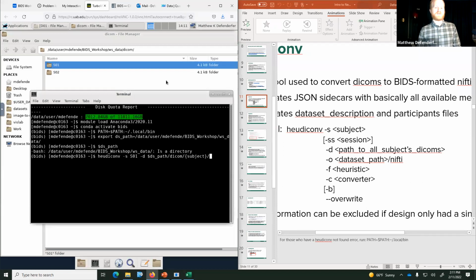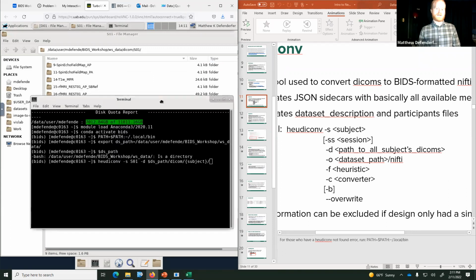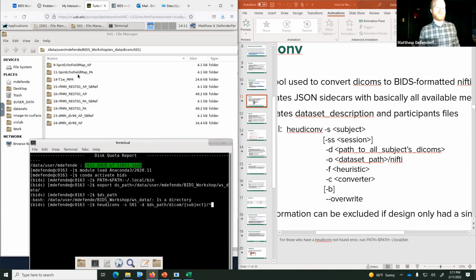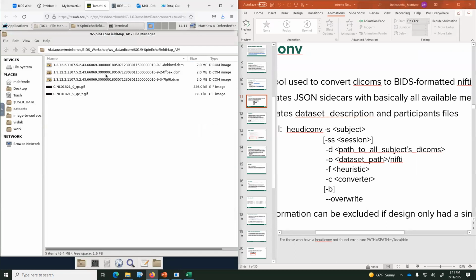After that, the path to the DICOMs, we're going to use a glob syntax here, which is star, and that's going to say every folder within this subject's directory. We want to go into every single folder within this subject's directory, just using that star. And then we're going to say we want every DICOM file, again using glob syntax. We want every single DICOM file within these